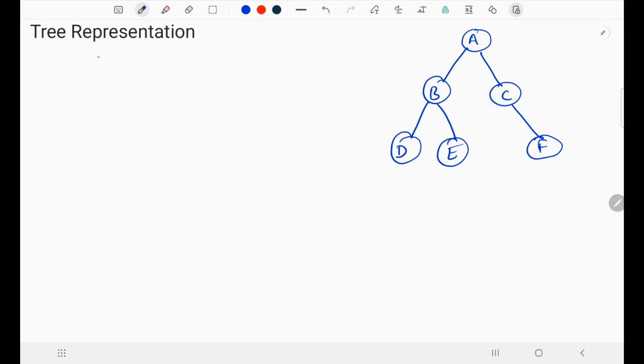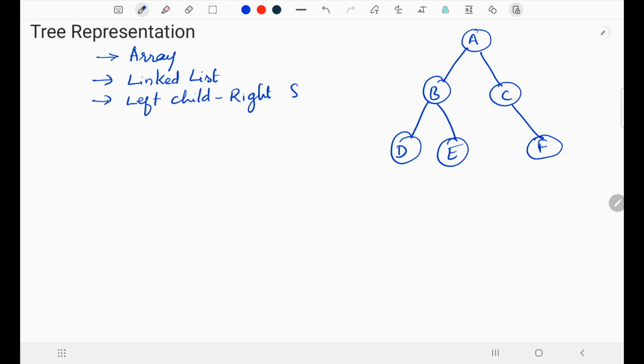So how to represent a tree? We can represent a tree in three different approaches. One is array representation. Second is linked list, and the third one is left child and right sibling. So these are three ways to represent a tree. Now let's go with the first one,